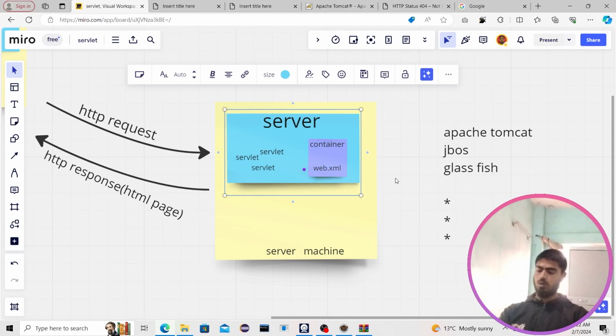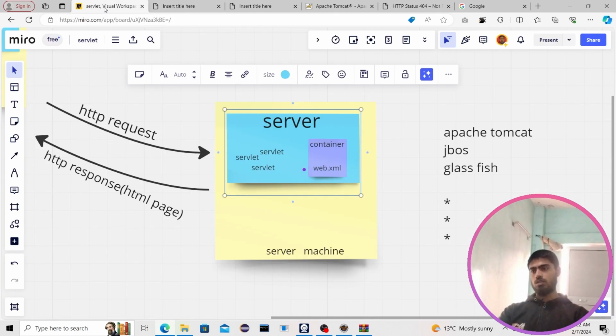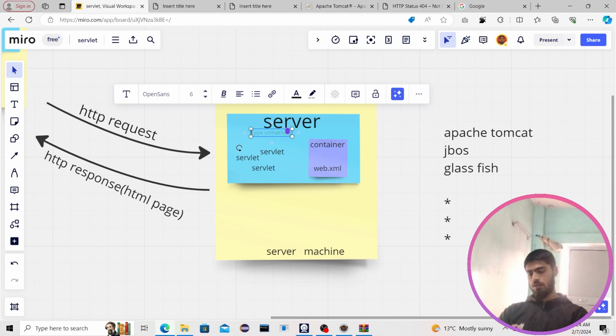Don't worry, we are not going to deep dive into HTML, we are just going to stick to servlet, but it is going to be 4 to 5 lines of code that you can just copy paste every time you are revising servlet. So let's first make the front end, which is HTML, which is also going to be here with servlet on our server. Let me write it here,